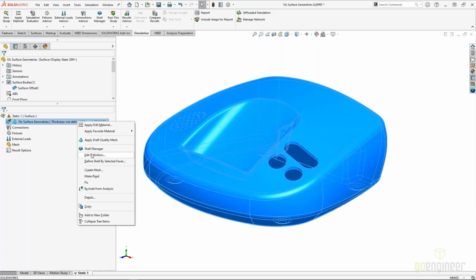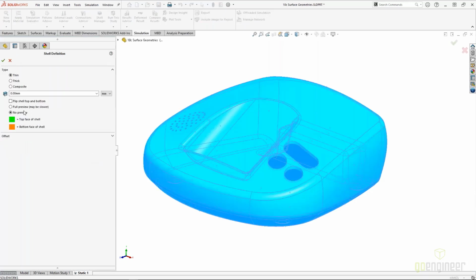Well, what we need to do is edit the definition of this and specify the overall thickness. Now this is going to be 2 millimeters. Just to note, there is an offset associated with this. What this means is it's going to put 1 millimeter above and 1 millimeter below because we're specifying the mid